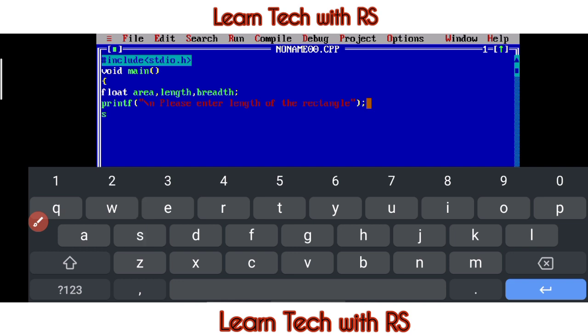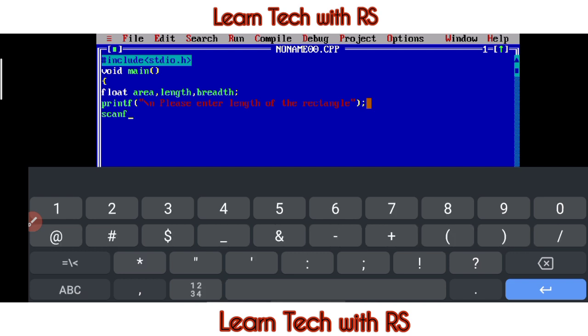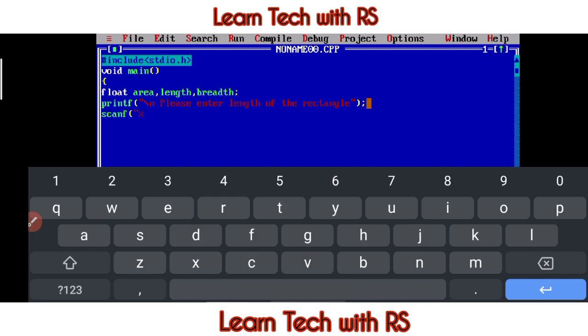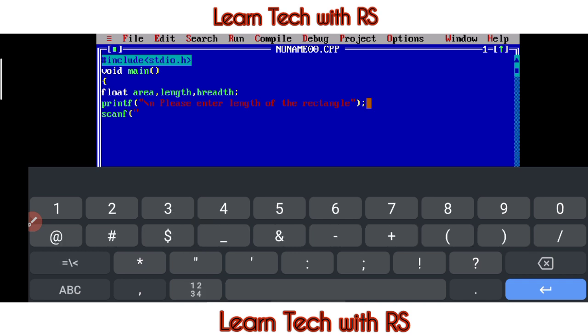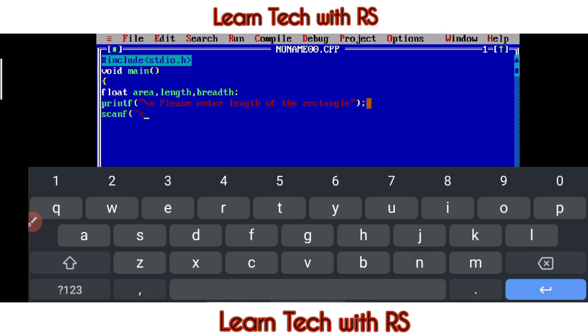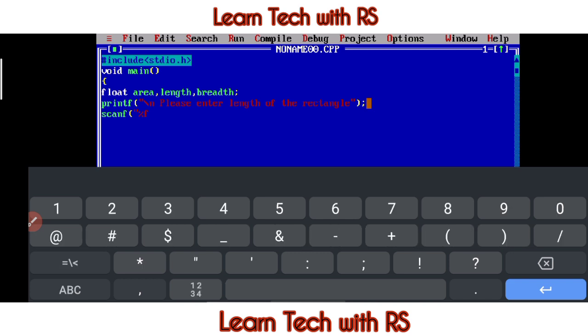So here the compiler has to scan, the scanf function. What you have to scan, you have to give first inverted comma, then percentage sign, modulus sign, whatever you call it. Give scanf and then bracket open and then inverted comma, then percentage symbol, then f for float. So this clearly means that the compiler has to scan for the float value, that is only one time.